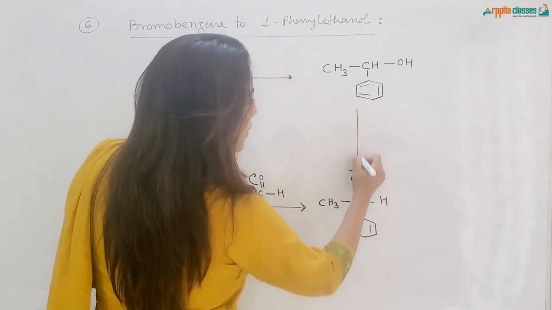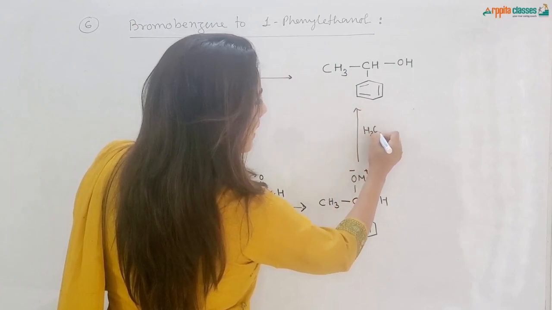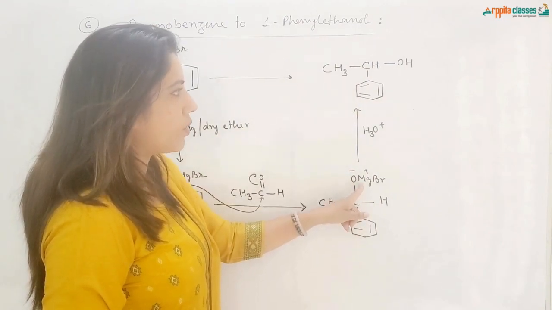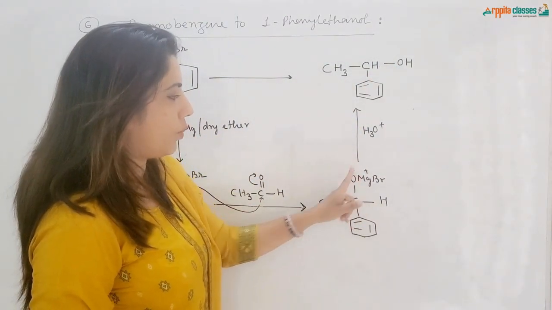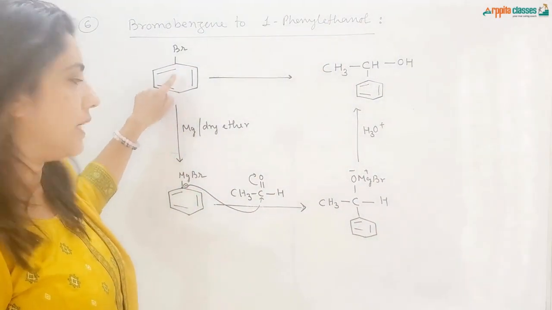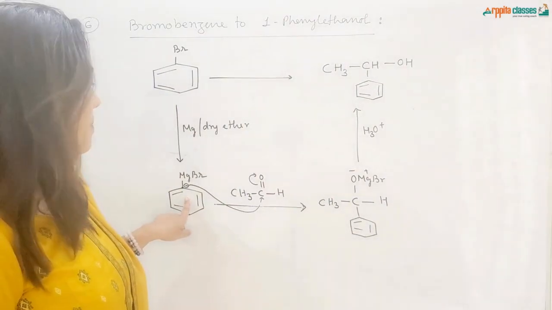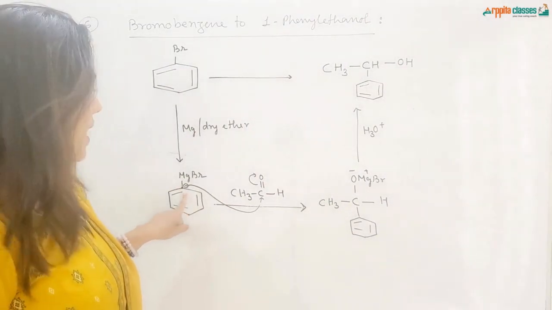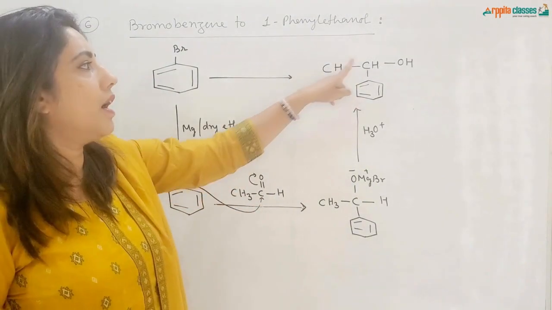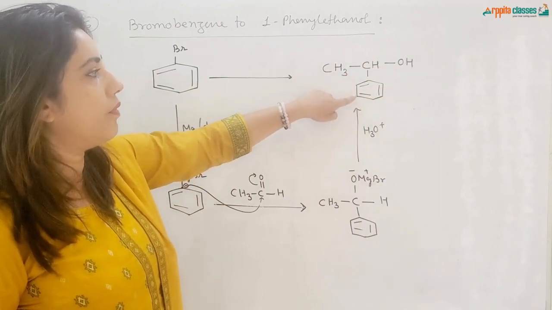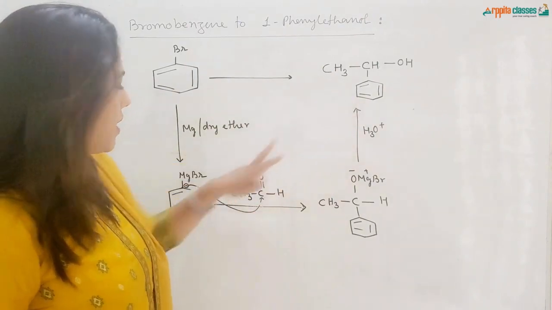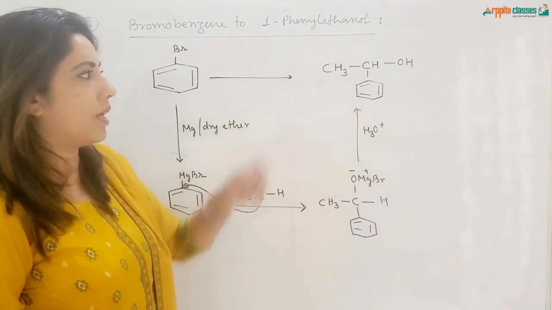Okay. Now if you do the acidic hydrolysis, this entire OMgBr group will convert into OH. So you get OH over here, CHOH. So you get this compound. Okay, so what did I do? I first converted bromobenzene into phenyl magnesium bromide, that is the Grignard reagent, and then this Grignard reagent is treated with acetaldehyde, because we have to get a secondary alcohol, where the phenyl group will be attached and there are two carbons. So the 2 carbons have come from the acetaldehyde and this phenyl group is coming from the Grignard reagent. So that is how we are getting this compound.